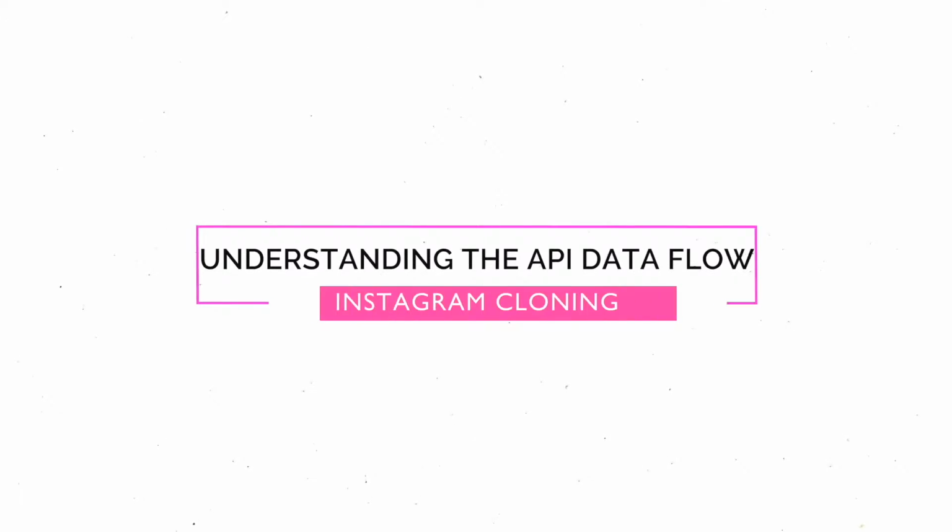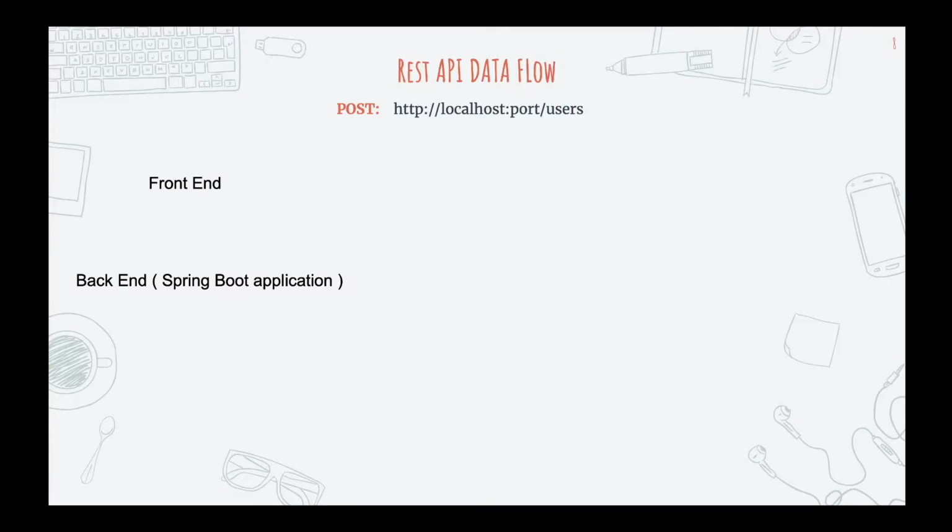So since we are done with our first API service, that is our user API, as promised, let's now discuss the flow of execution. If you are familiar with the flow of how a REST API works, you can skip 1 or 2 minutes of this video. But if you are not familiar with how a REST API works internally, I would request you to go through this part, because over here I will explain in detail why I have implemented some of the modules such as the controller, service class and the repo class. So let's have a deep dive explanation of the flow of the REST API.